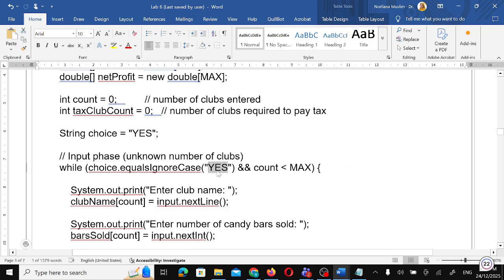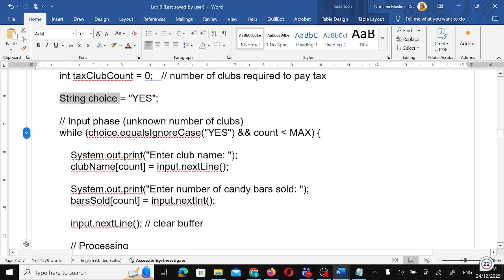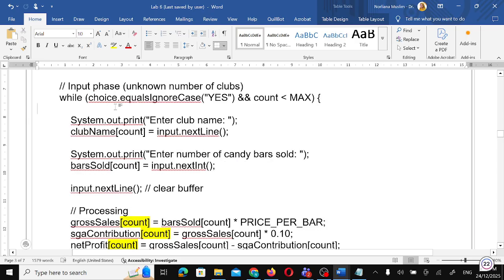So this response yes, the program creates that response as the name choice, and yes is the string type. So we define the data type as the string. Alright, so the loop will depend on the response yes, for a certain number of